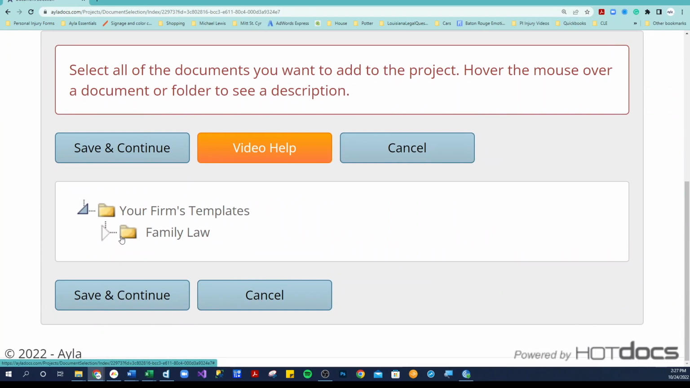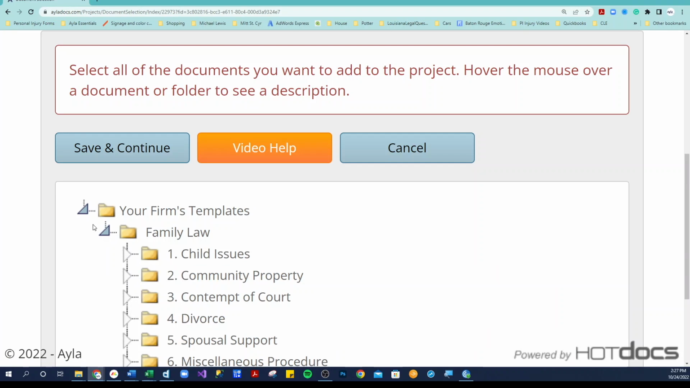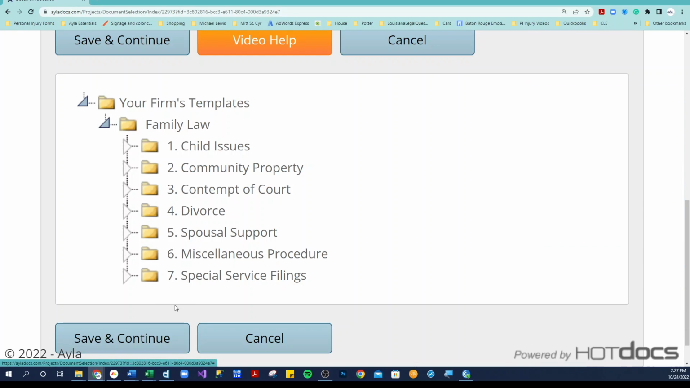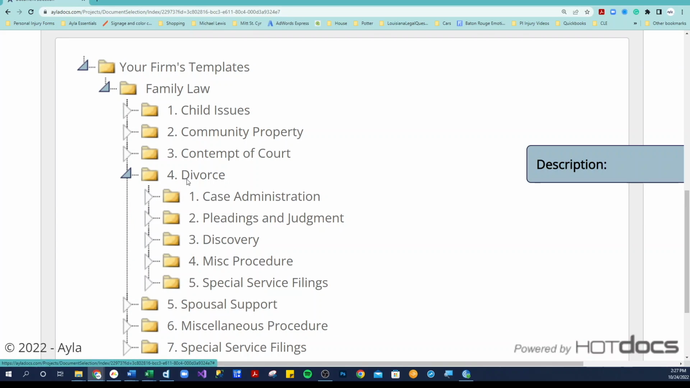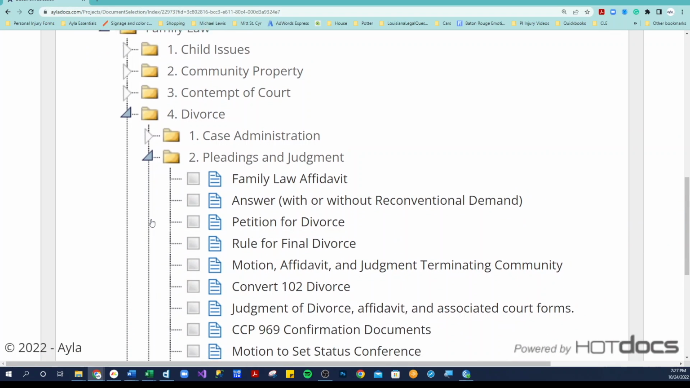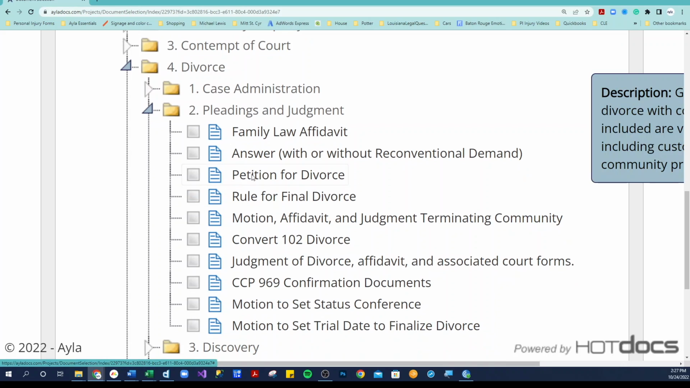I have my family law library, and family law has a multitude of different types of issues. So what we've done is we've organized them by issue type. And let's go to divorce here. And after I open up divorce, I have folders that organize the different types of pleadings. So here I'm going to open up pleadings and judgment, and you can see that we have petition for divorce,